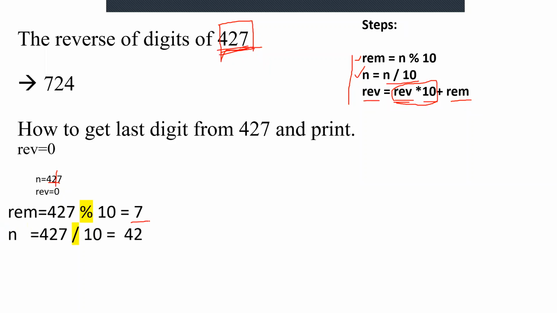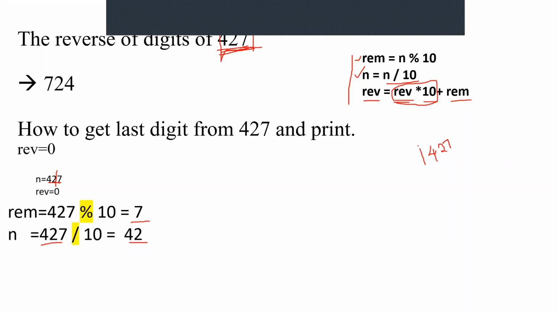Now what will be the next step? We will be finding the quotient. Same number. For the first step, we are using only 427. Understood? 427 divided by 10 will give you the other two numbers which are remaining. So the remainder extracts only the last digit. Whatever is remaining from the beginning will be the quotient. If you have any doubts, you can do the division and try it out. 427 if you divide by 10, what will be the remainder and what will be the quotient?